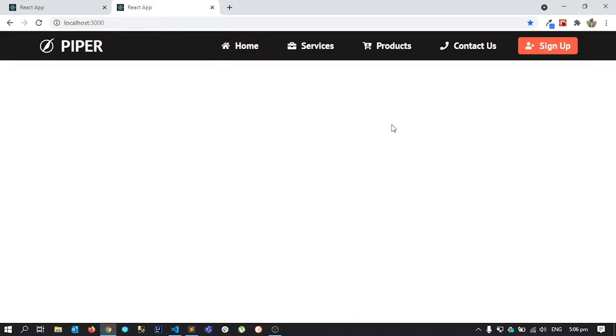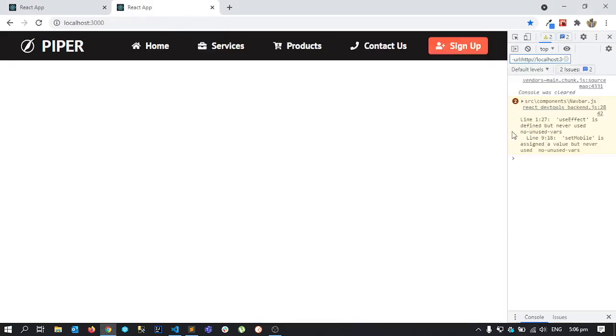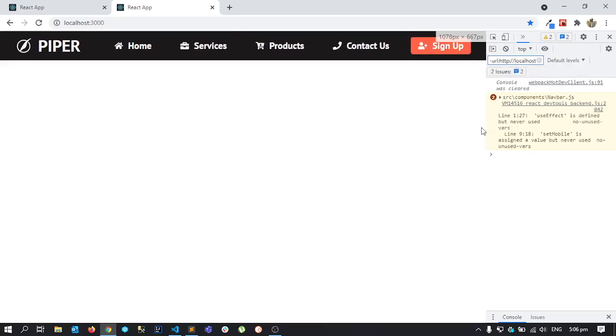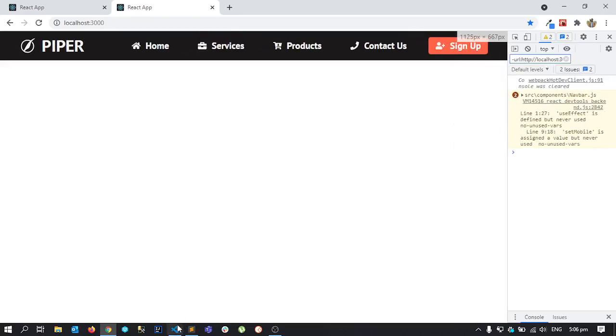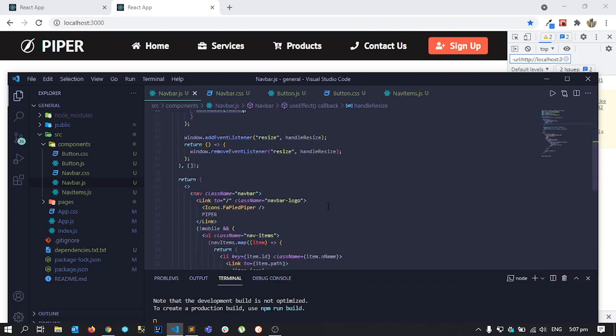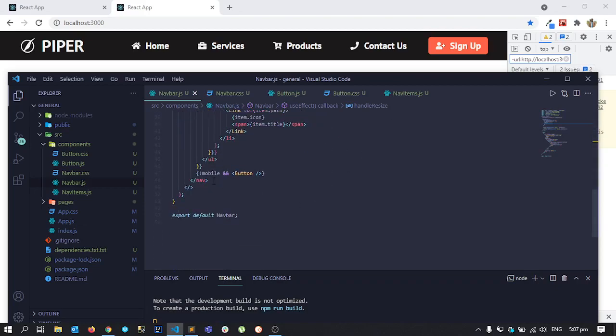So now if I change the width of the screen, yeah, it went away, and when I increased it, it came back. So whenever the width of the screen is less than 1065, it sets mobile to true, and when it is greater than 1065, it sets it to false. So now we can go ahead and